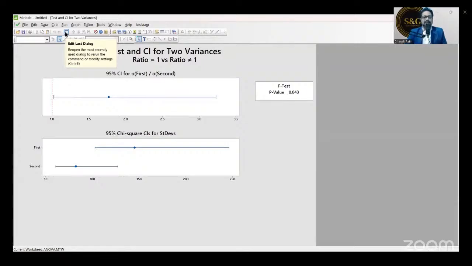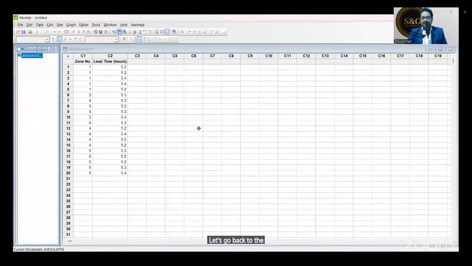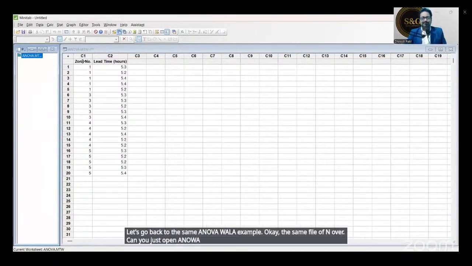All right. Now, let's do something very interesting. Let's go back to the same ANOVA example, the same file of ANOVA. Can you just open the ANOVA file?